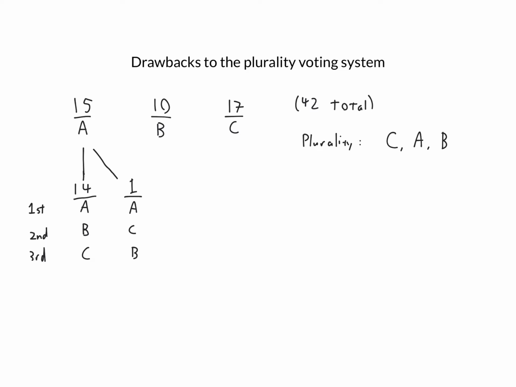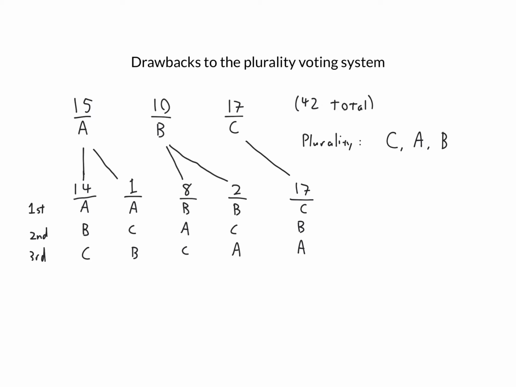Similarly, we could wonder about the second and third choices of the people who voted for candidate B. So let's say that 8 of the people who voted for candidate B preferred A as their second choice and C as their third choice, and 2 of the people who voted for candidate B as their first choice had C as their second choice and A as their third choice. Finally, let's assume that everyone who had C as their first choice had B as their second choice and A